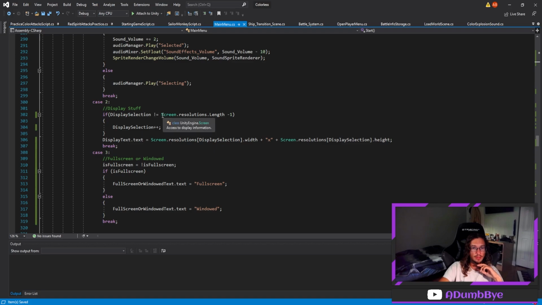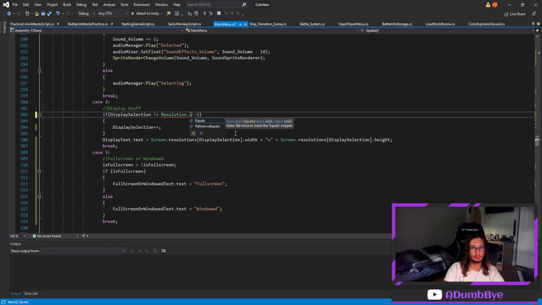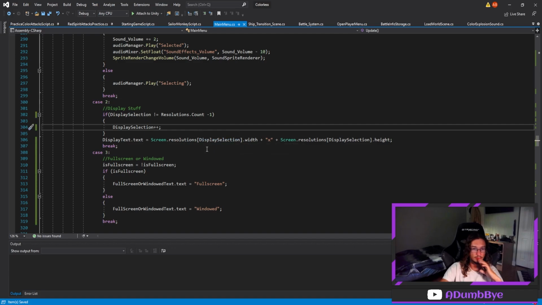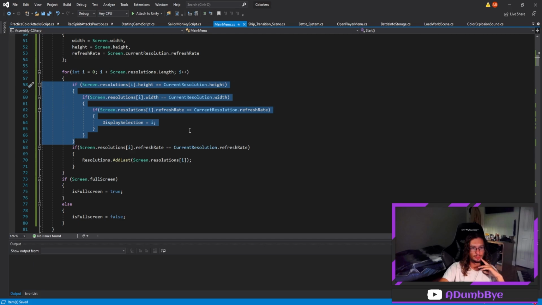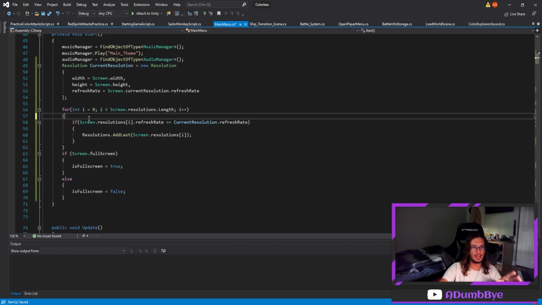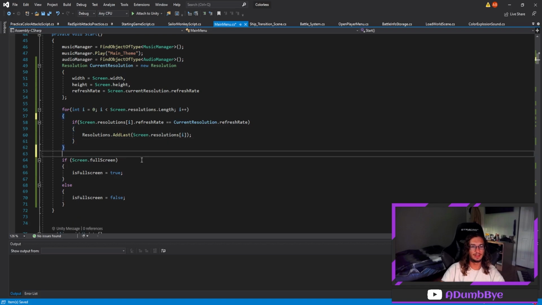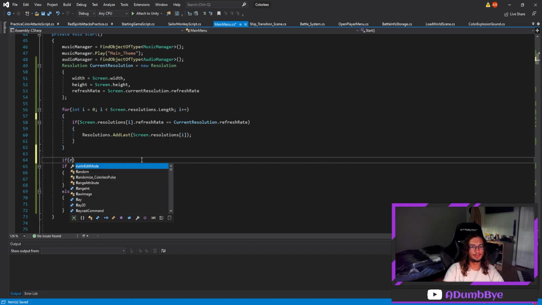Rather than looking if the screen dot resolutions dot length -1, we're actually going to look into our linked list of resolutions dot, is it length? I don't know what it is for. Does it contain? No. Count. It's count for resolutions. Resolutions dot count -1. Okay, we don't need to do this then anymore, because all we need to do is check if that's there, and then we need to do if